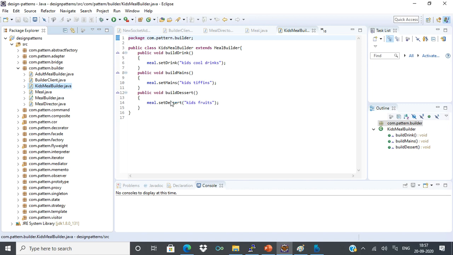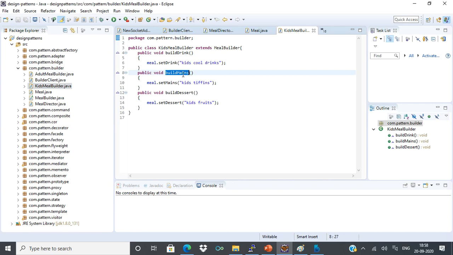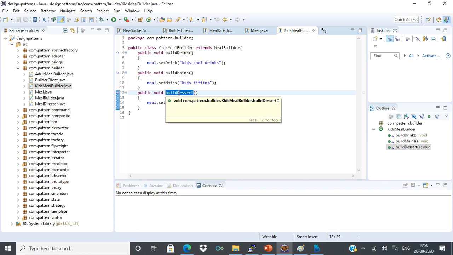Say, for example, when we go to a restaurant, we order a meal. A meal can be associated with adults and with kids. Kids will be having different types of meal, and adults will be having different types of meal. But as a whole, a meal can be composed of mains. Starters can also be one of the components, that is the beginning. Next is drinks and any kinds of desserts. So these are all different ways of building a meal.